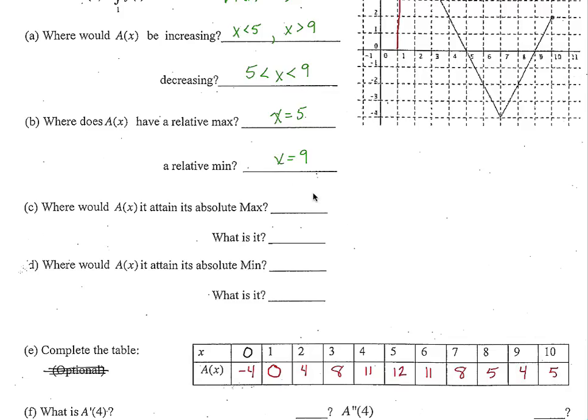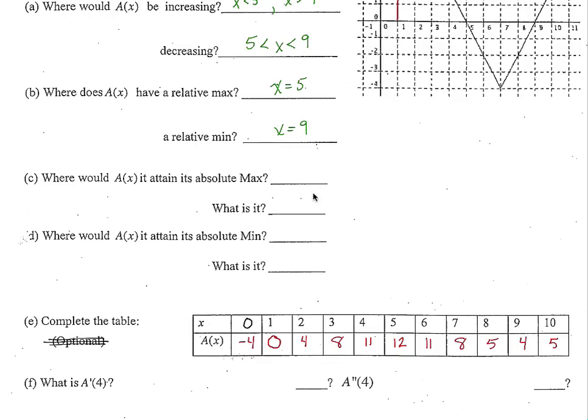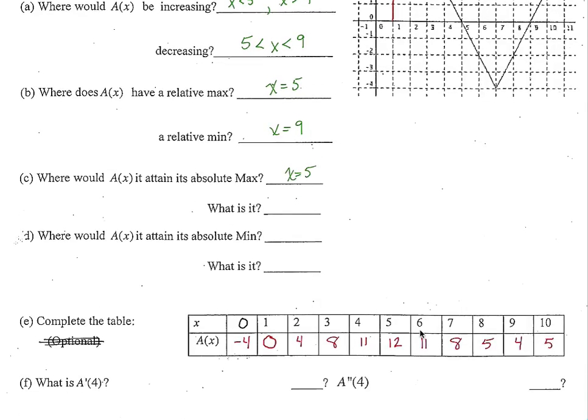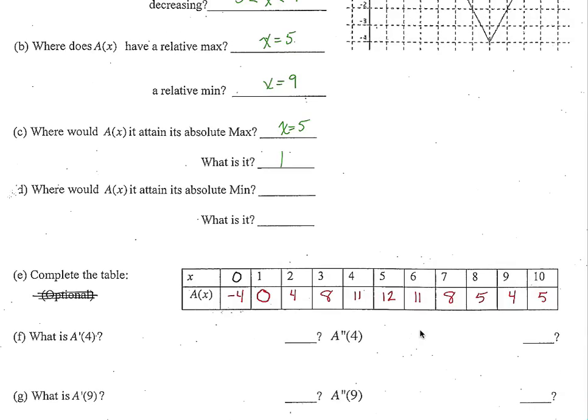So it's going to obtain its maximum when x is equal to 5. And the maximum value we already filled in down here, so the maximum value is 12. Right? The absolute minimum